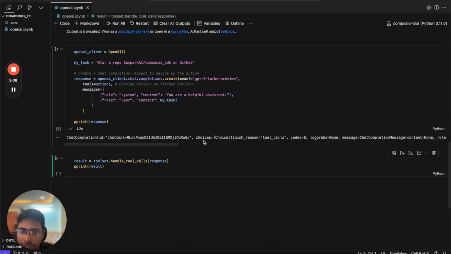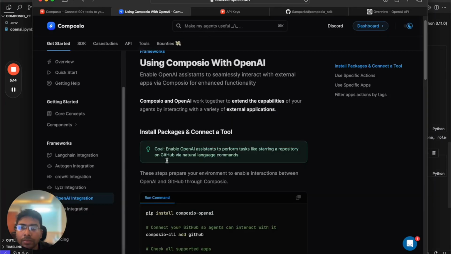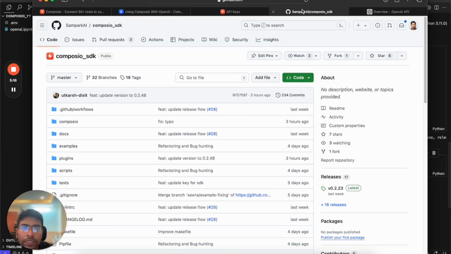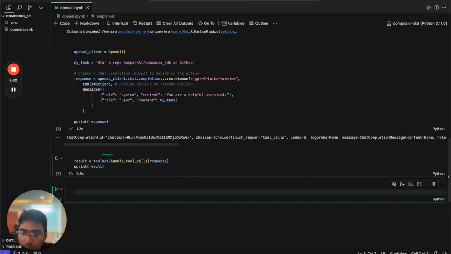But this is just the result. The function hasn't been called yet. Let's go to the repository and see the current state. So this is the repository and we haven't made any star to this repository yet. Let's refresh this. Yeah, we haven't provided any star to this. Now let's take our response and let's handle the tool call. We run this